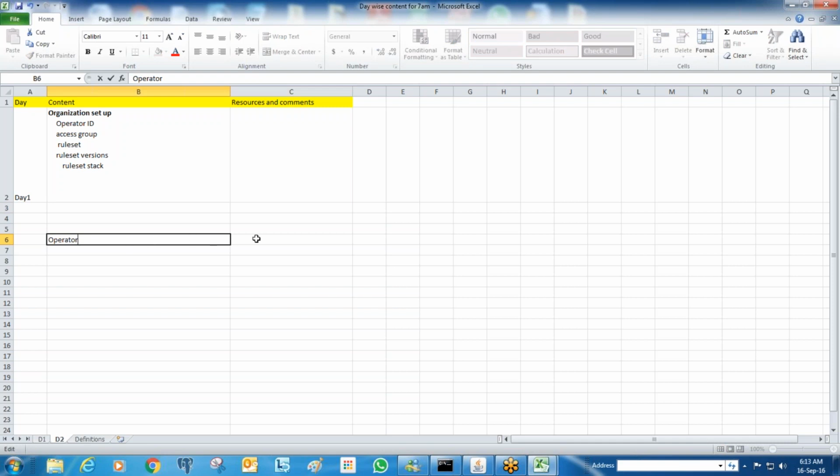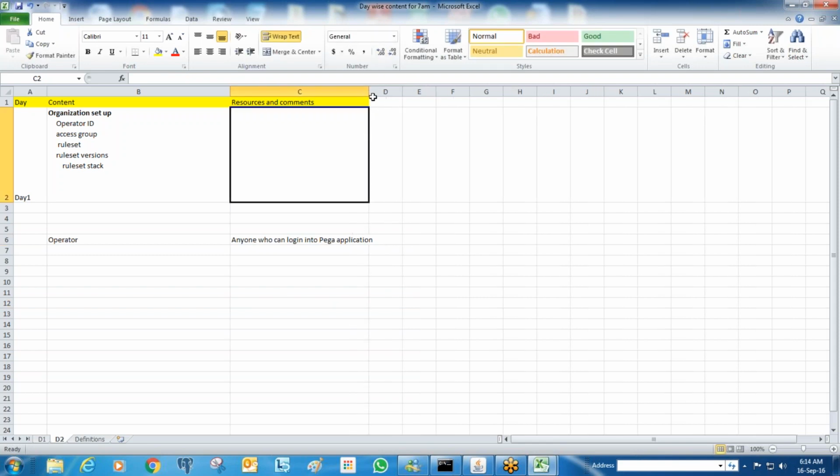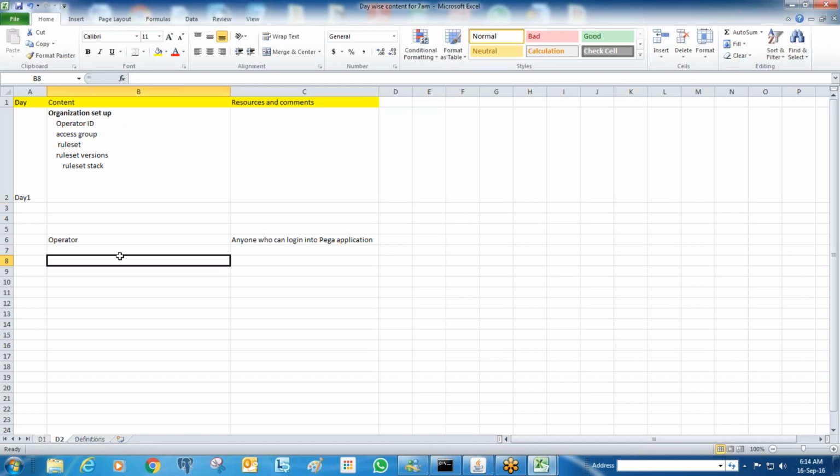Operator is equivalent to the user. In the real-time world, in generic words, we call them as user, but in Pega development terminology, we call them as operator. By definition, anyone who can log in into Pega application is an operator.